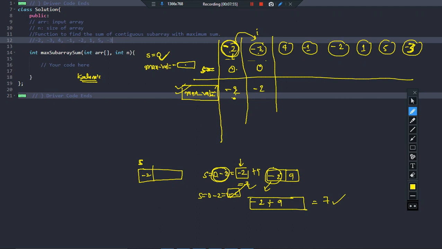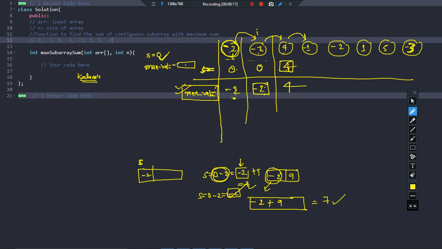Right? Now if I come here, s equal to 0 plus 4, what is the sum? Sum is 4. Comparing the previous max value with the current sum, which means that so far I have observed -2 as the maximum possible sum, and right now I am observing 4. So which is maximum? Obviously 4 is maximum, so I'll observe 4. Do you think that this is a bad deal? Definitely this is not a bad deal. Why? Because I'm in profit, plus 4.